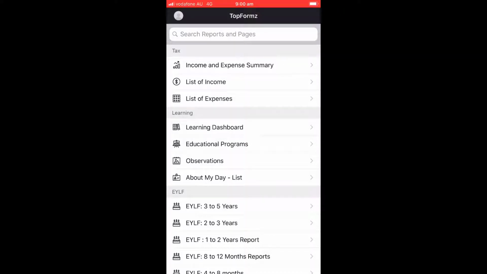So when we go into the TopFormz app, today we're going to be having a look at the tax section. What you'll notice is that there are three different tabs: an income and expense summary, a list of income, and a list of expenses. So when you manage your family daycare business on the go, think about when you're off